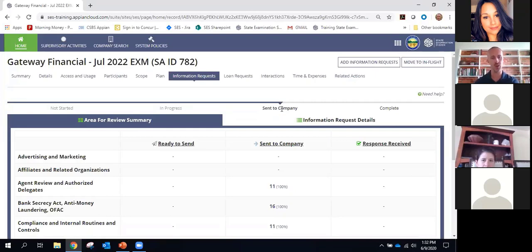And then whoever's in charge of that exam, whoever takes ownership, so to speak, of that exam in that company, can then build out their internal team of people who begin responding to these information requests. So they can log in and they can start compiling responses, they can start attaching documents.